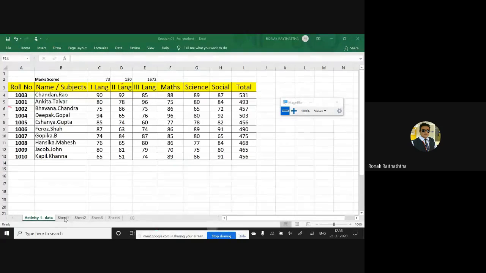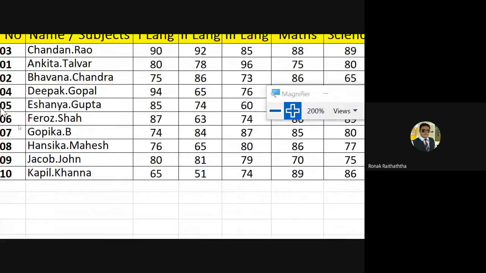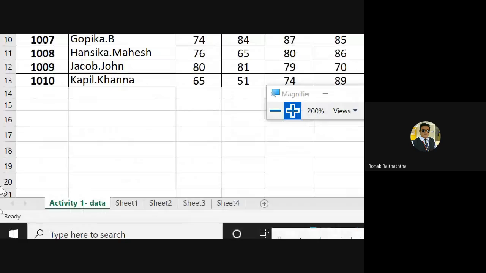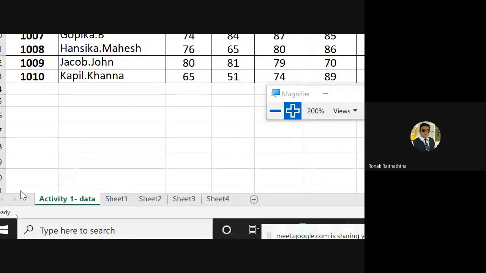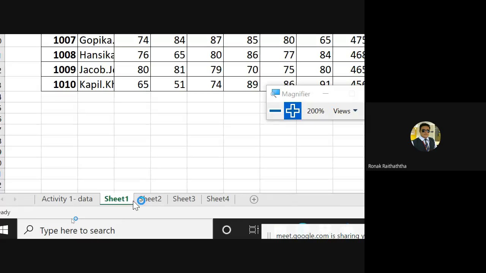Now here, I am in worksheet 1, that is activity 1. If you can see that, let me use the magnifier so that my students will be able to get it in a better way. So here at the bottom where my mouse cursor is visible, this is worksheet number 1. Here we have worksheet number 2. Literally speaking, worksheet 1 only here. Because see, I have inserted a few other worksheets. No, that's why it is 1.